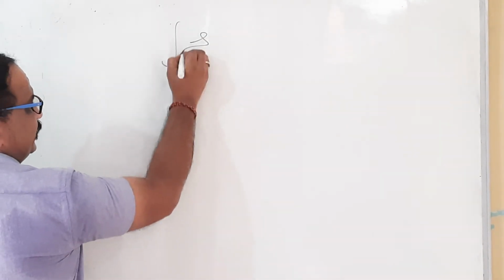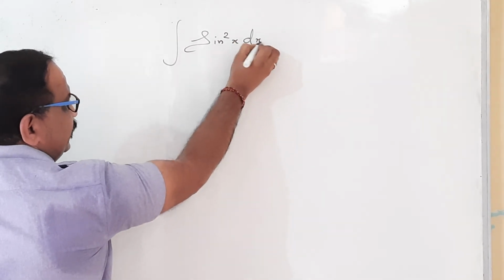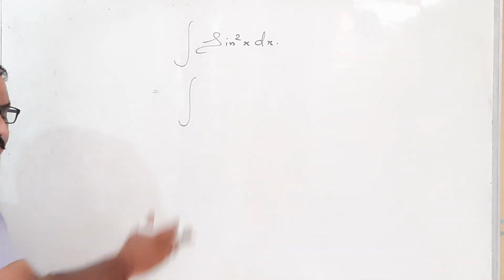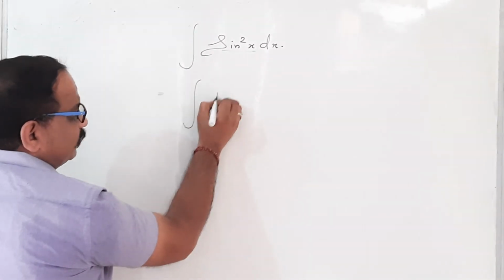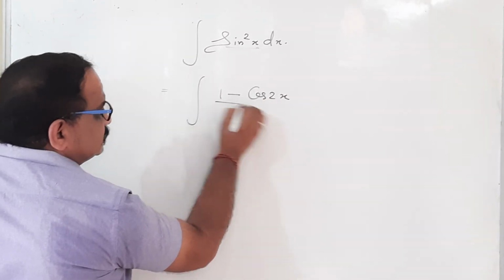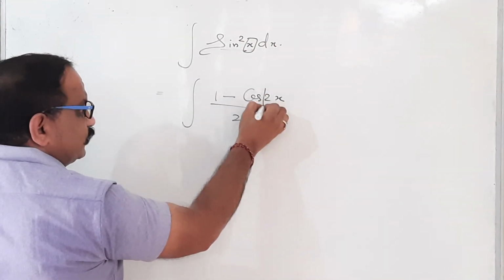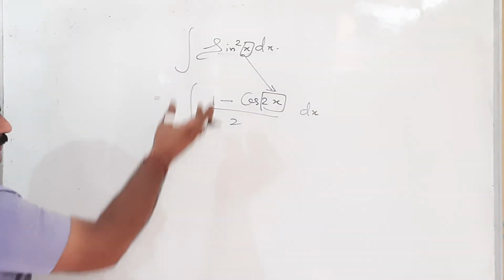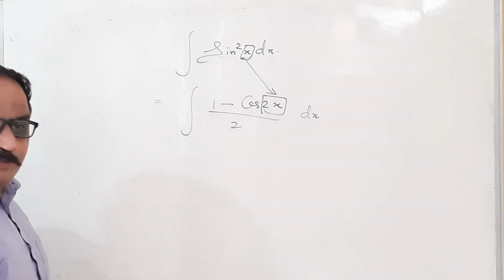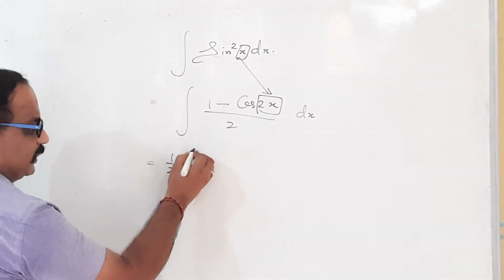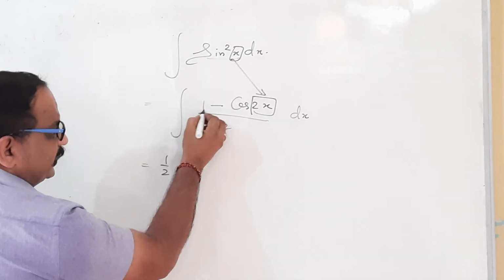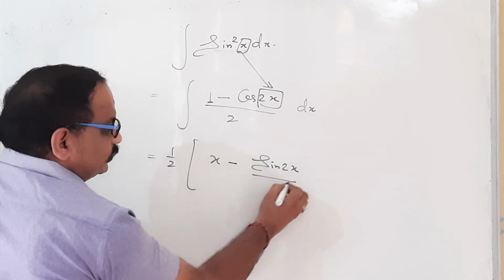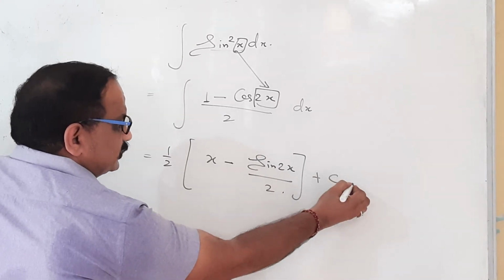See, I have a question for that: sin square x dx. It is an even degree part, so I am going to convert it into a normal t ratio. How can we convert that? We have a direct formula for this: 1 minus cos 2x by 2. Remember, the angle gets doubled. Now it is a powerless form. So 1 by 2 is still out and we are able to integrate both of them. Integration of 1 is x. Integration of cos 2x is sin 2x divided by 2, plus C. That's all.